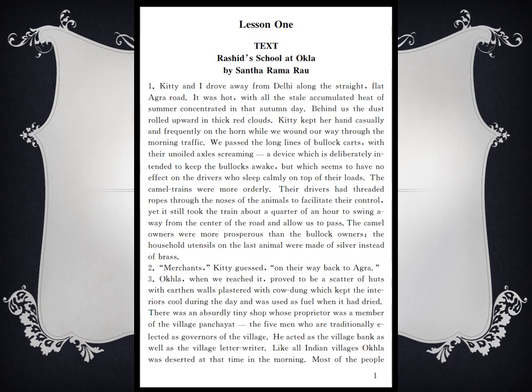We passed the long lines of bullock carts. Now there were so many bullock carts because we are going through the village road, so many bullock carts were also there on the road with their unoiled axles screaming. Now unoiled means oil is not put, means that was very dry, not greasy. Axle means the type of nail that fixes two wheels. Okay, in bullock carts there are four wheels, so the axle joins one wheel to another wheel, and screaming means to produce sound, to make sound, means the bullock carts which were running on the road, their wheels were making sounds,